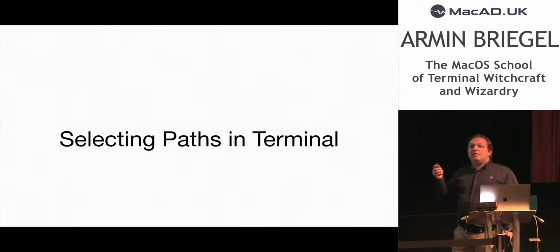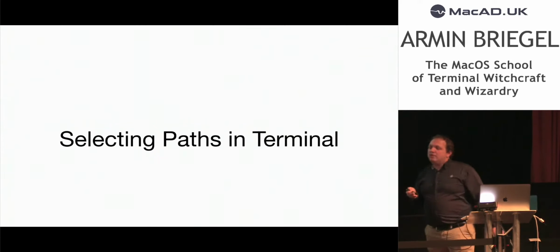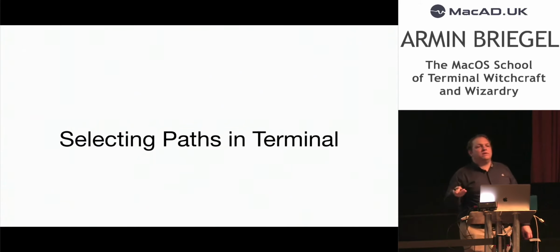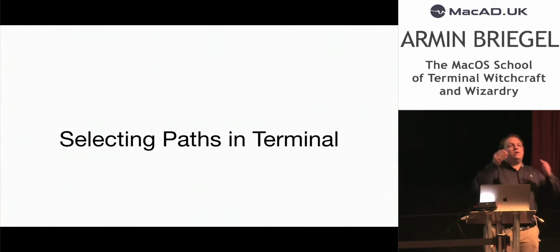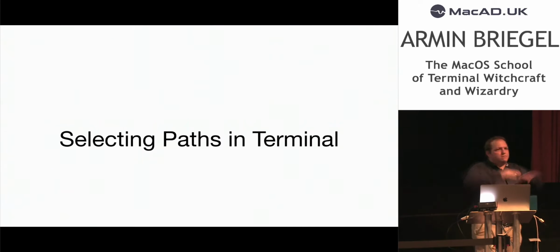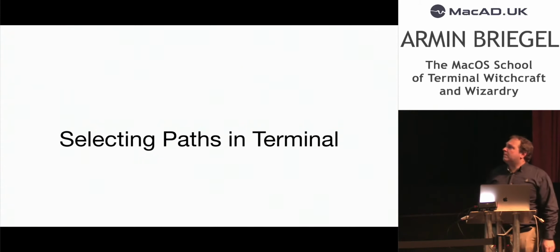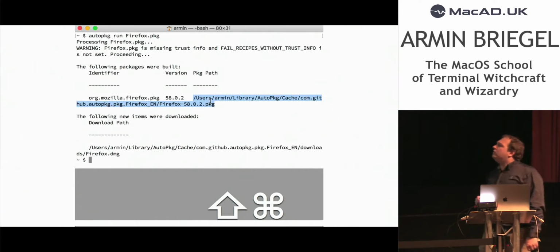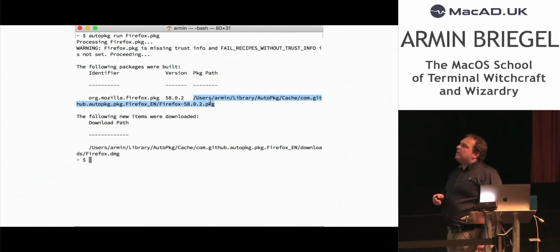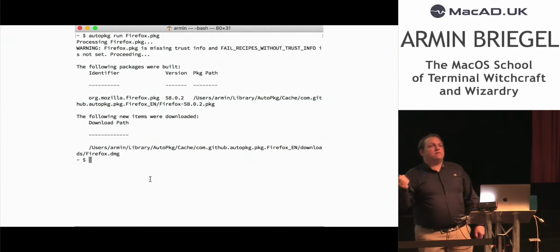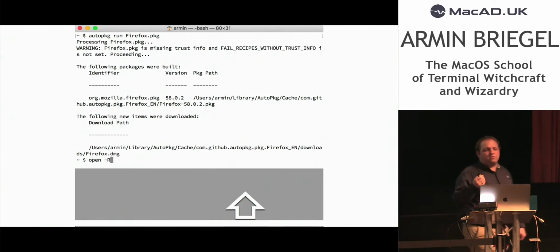Another annoying thing where the Mac world and the terminal world collide is when you try to select a path in terminal. You can double click it, but it will only select the word up to the slash, because the slash separates words. It doesn't select the entire path. Or if you have URLs in the output, you have the same problem. When you hold down the Shift and Command key, when you double click, it will go up to white space. It will select an entire path output.